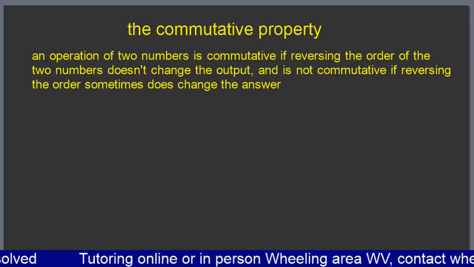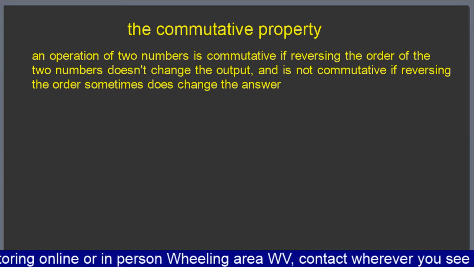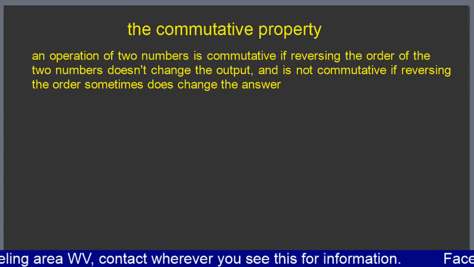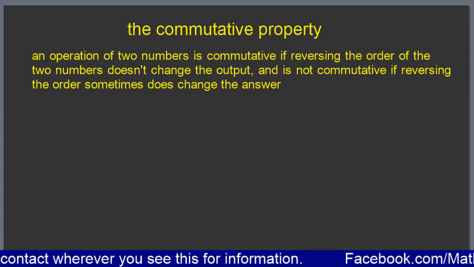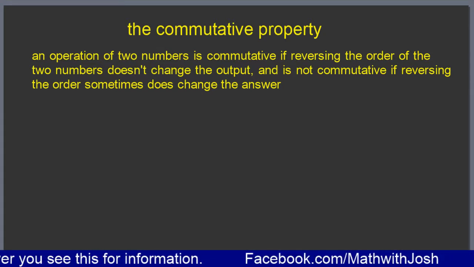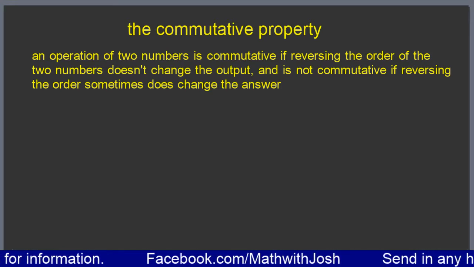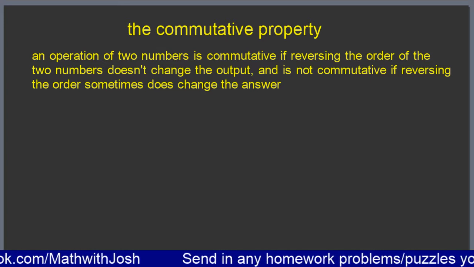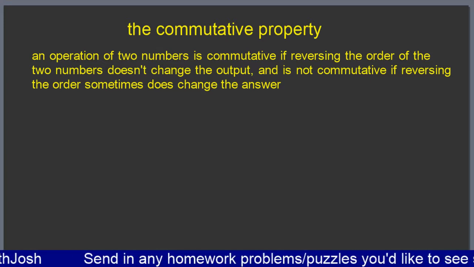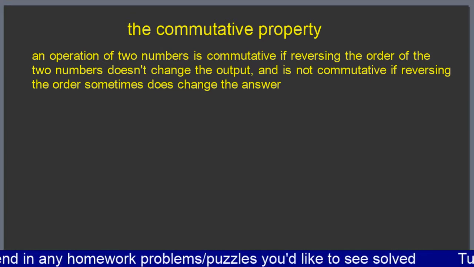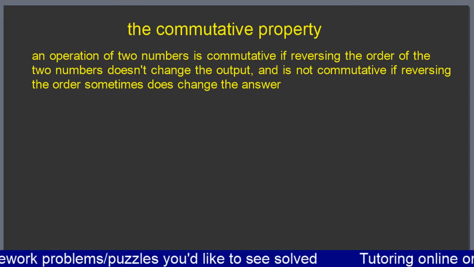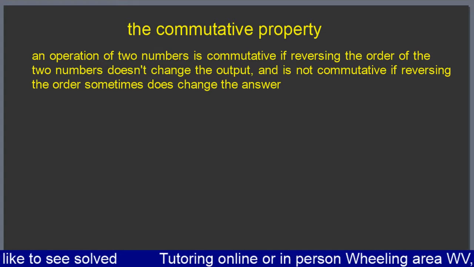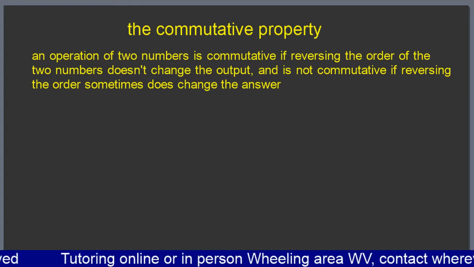This is just a short video on the commutative property. I'm going to make a few short videos for all of these little algebraic properties. The commutative property is that an operation of two numbers is commutative if reversing the order of the two numbers doesn't change the output or result, and it's not commutative if that operation ever changes the answer when you change the order of the numbers. So most classically,